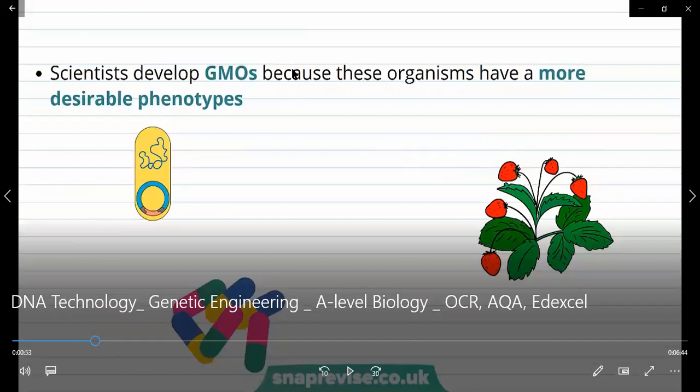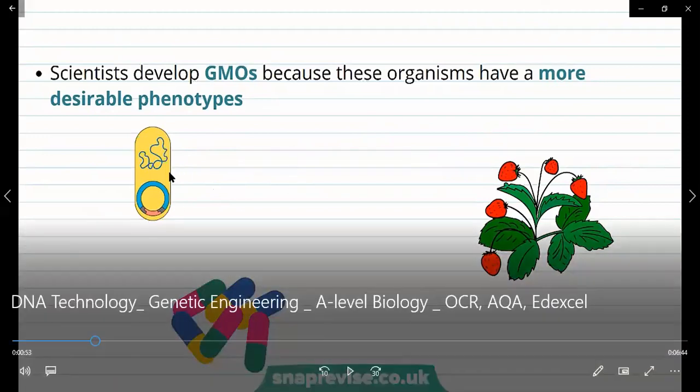Now, why do we even need or even explore this? It's because we believe, or the scientists believe, that by doing this process of genetic engineering, you could actually introduce desirable traits into organisms, right? Making them better than what they are. So for example, as you're seeing on the screen, like the strawberries, you could make them become sweeter. You could make them have a longer shelf life.